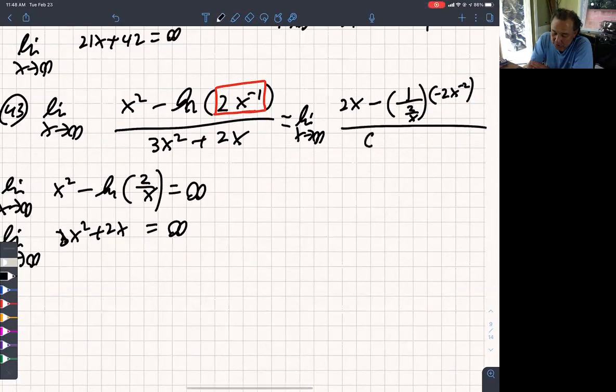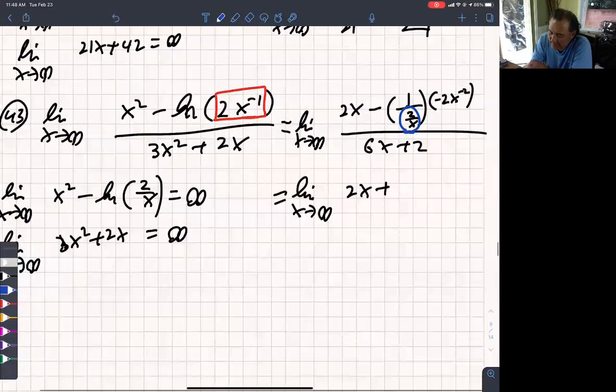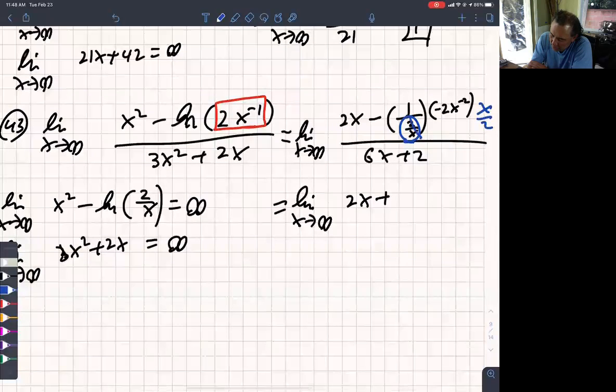Now we take the derivative of the bottom, which is 6x plus 2. And we are going to do some simplifying on the top to make our life easier. So that minus and that minus is going to make a plus. I can handle that. Dividing by 2 over x is like multiplying by x over 2. So I'm going to rewrite that as x over 2. So this negative x squared is going to become positive x squared when we move it to the bottom. And then one of those x's is going to cancel with one of those x's. That 2 is going to cancel with that 2. And I'm left with